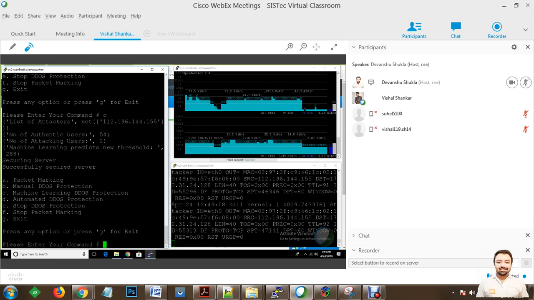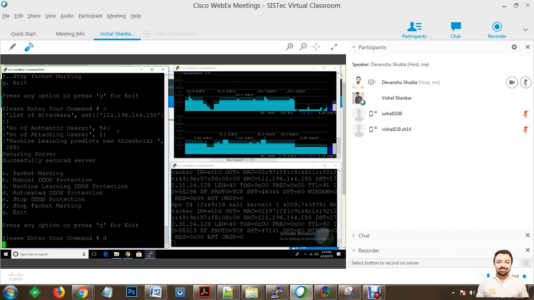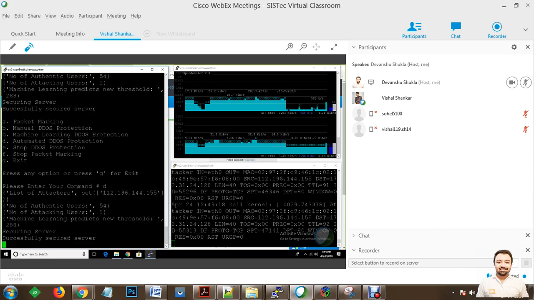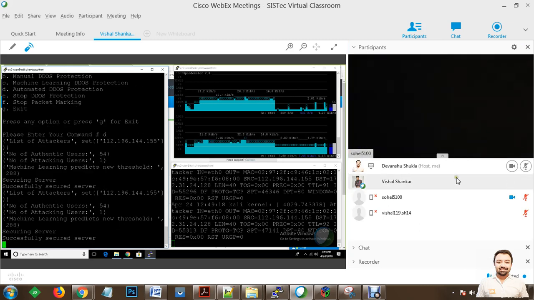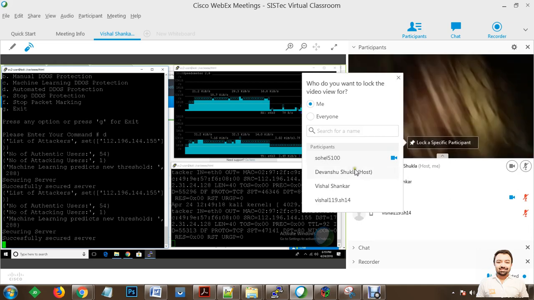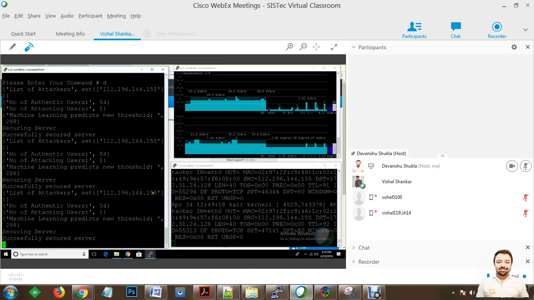So for this automated option, we have an option known as D. Now within this option, we are going to get started with the protection. So continuously it will try to check the users, and now here you can see that it is trying to check the number of authentic users and the number of attacking users, and depending on that we are going to get the threshold.